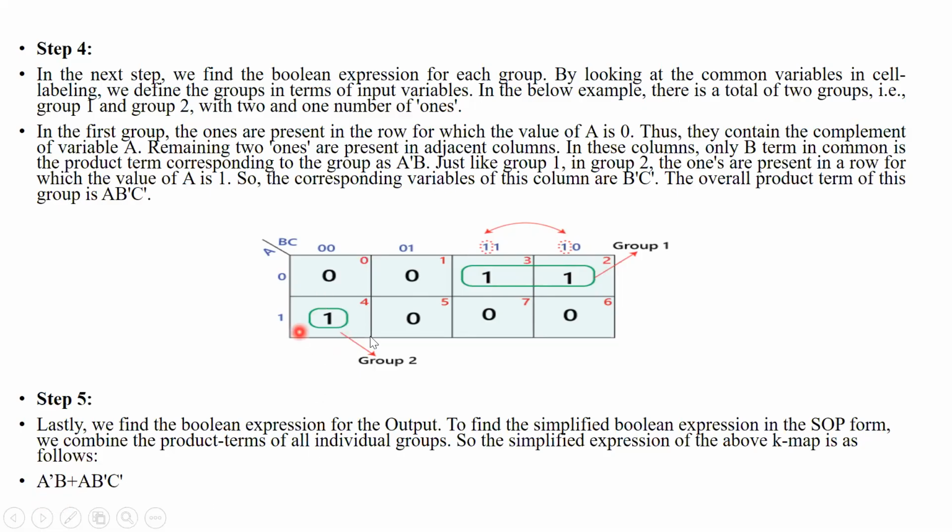Now come to this one. ये तो अकेला ही है. A का वैल्यू भी सेम रहेगा. ये सेल में तो कुछ चेंज नहीं है. Similarly, BC का वैल्यू भी सेम रहेगा because it is not changing. Okay, not changing. You have to consider all those values. So what I will do for A, it is 1. So it is A, and B and C, the value is 0, 0. So what I will take? B complement, C complement. So there A is 1, so I'm taking A as A and BC value is 0, so I'm taking B dash C dash. So this individual group here gives me the product term.